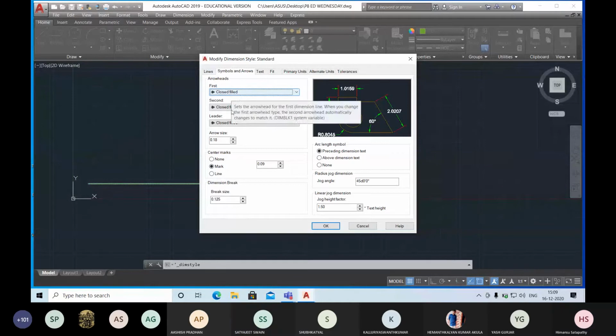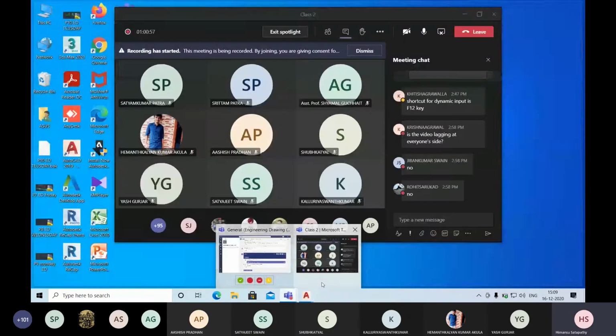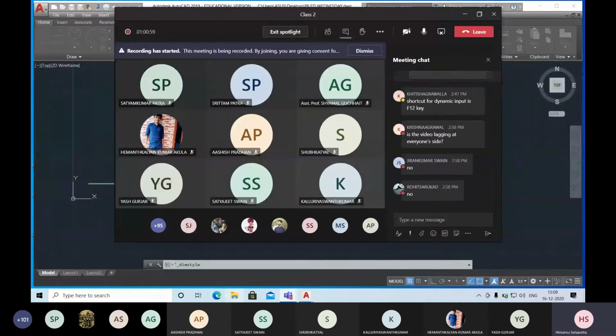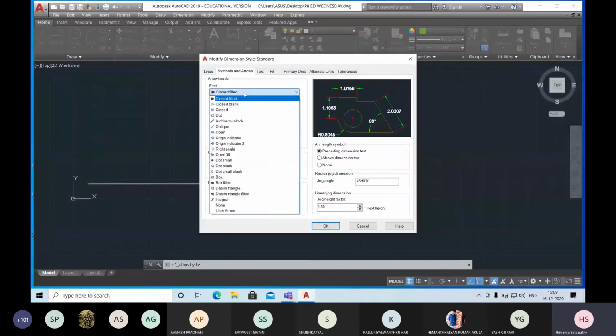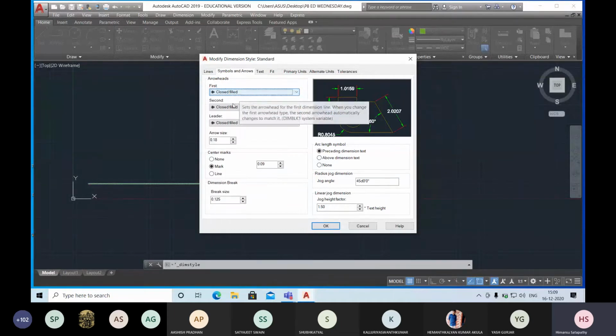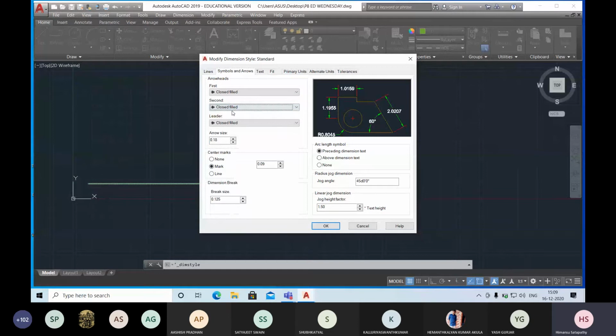So there are arrow marks. You can select the arrow marks and change the arrow mark options. Here are the arrow mark options. You can select any of the arrow mark styles. There are many styles, but I prefer the one given over here. And you should change this arrow size. Do remember the arrow size should be equal to your text size. If your text is 5 mm in the dimension, then arrow size should be 5 mm.